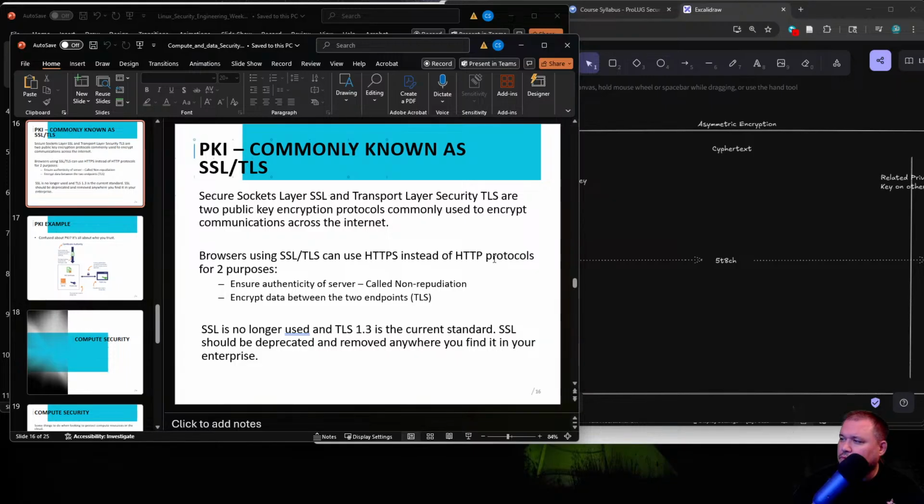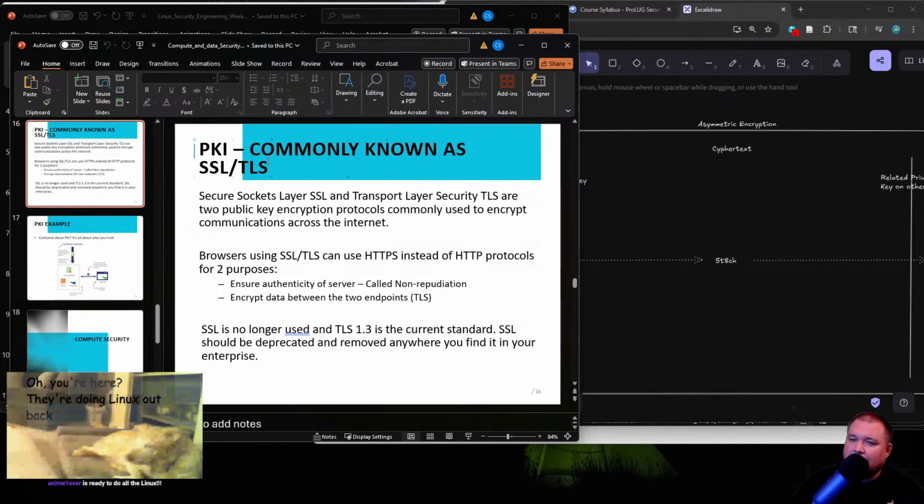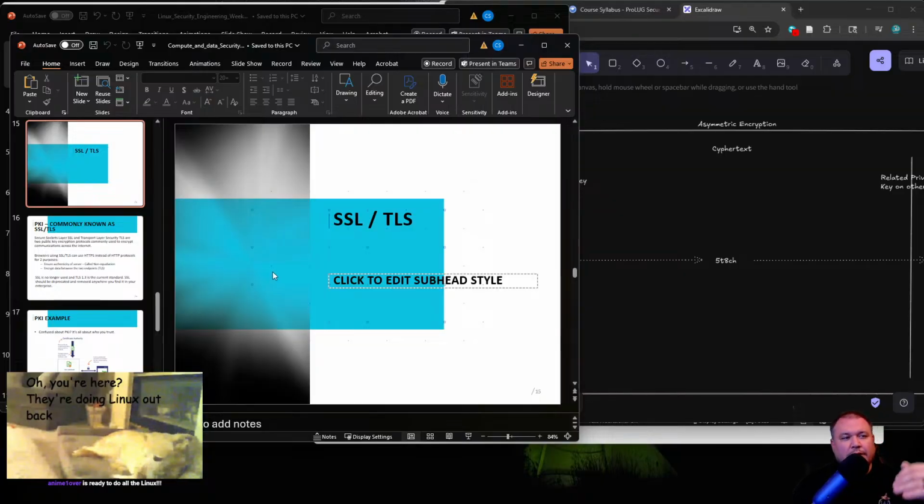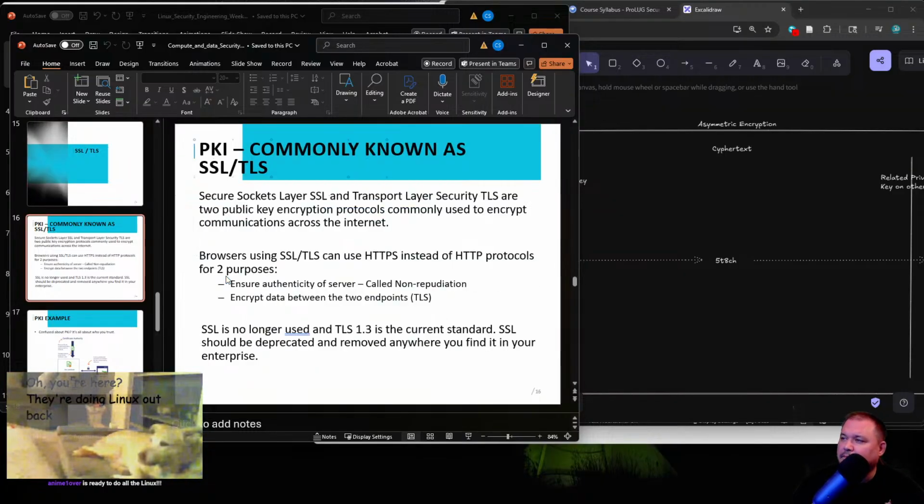That's all true. Public key infrastructure is not the same thing as SSL and TLS. But since SSL and TLS come from your use of public key infrastructure, that's where they're kind of related. They're not related other than that. One deals with authority and the other one deals with